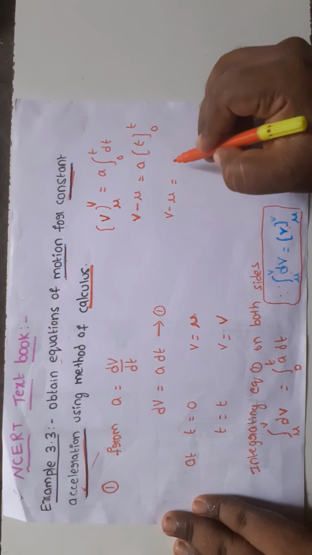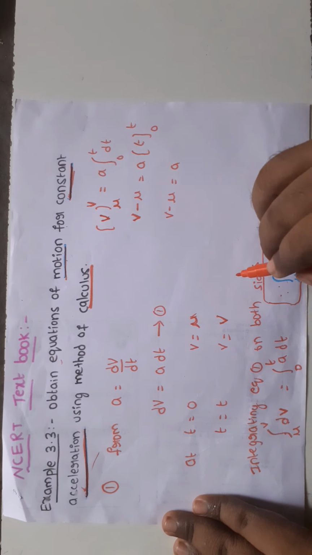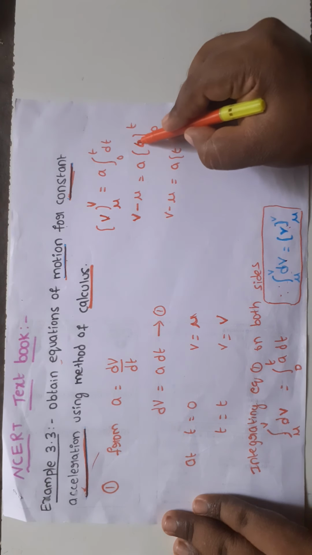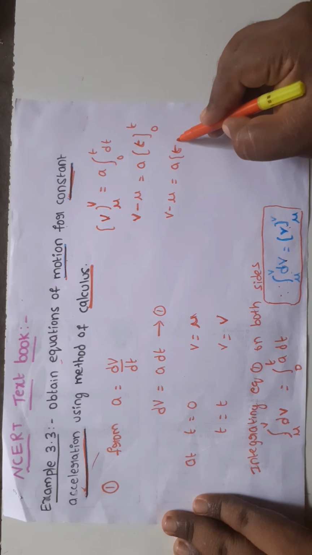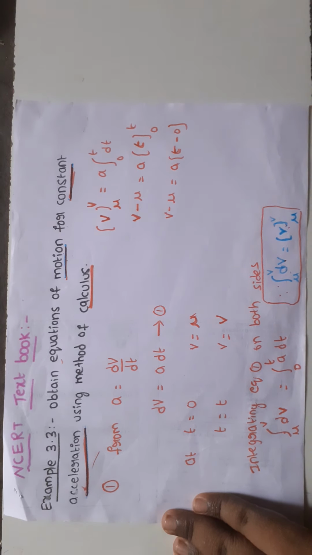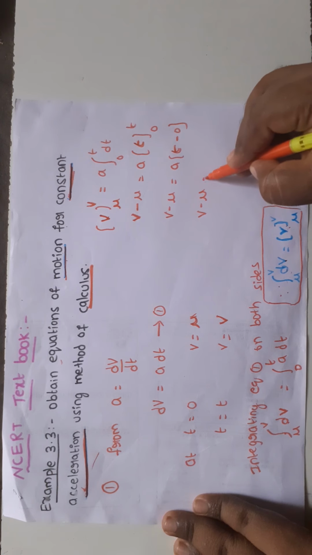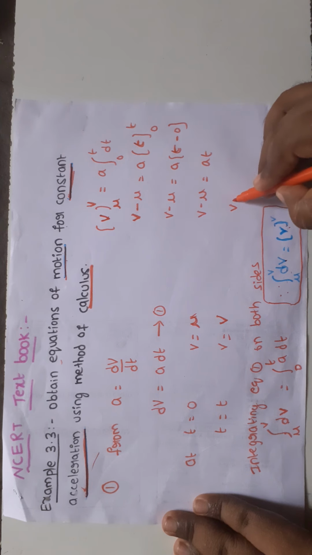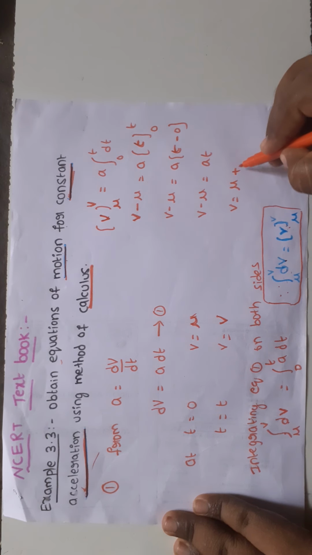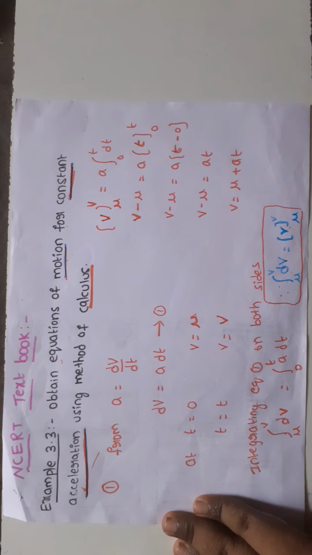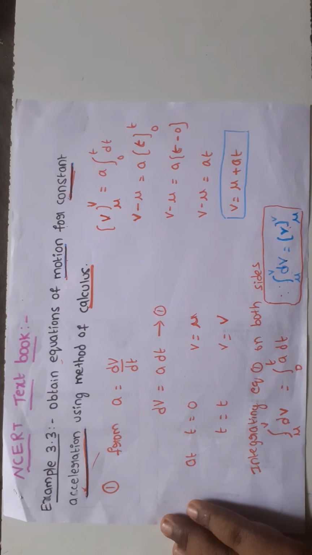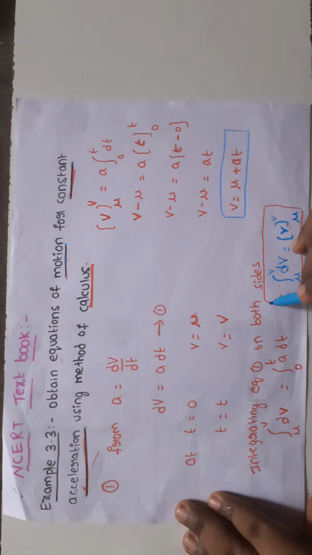v minus u equal to a into upper limit minus lower limit. So in case of t, substitute upper limit t minus lower limit 0. v minus u equal to a into t. Okay, v equal to u plus at. This is the first equation of motion. This is the formula